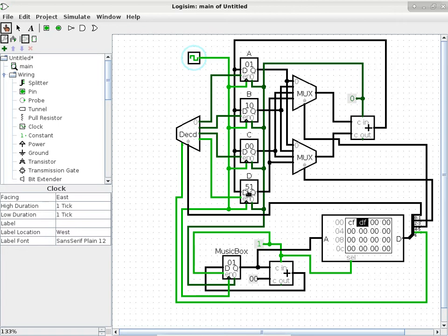Your music box updated when your status changed from 1 to 0, but the register updated when it changed from 0 to 1. Correct. Why is it updated in different ways? Because I want to avoid a race condition. A race condition is one where, depending on the timing of things...